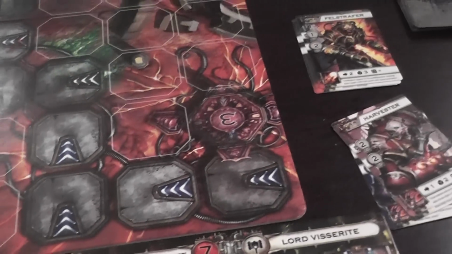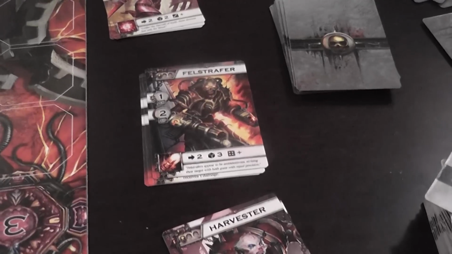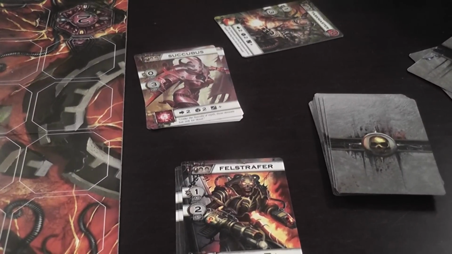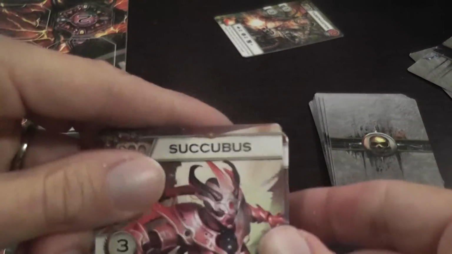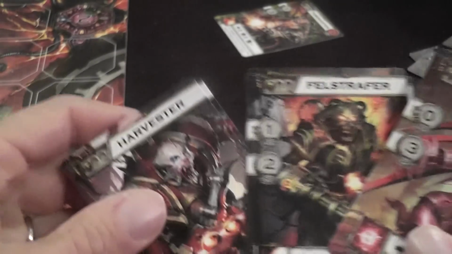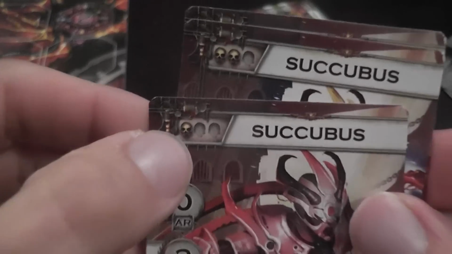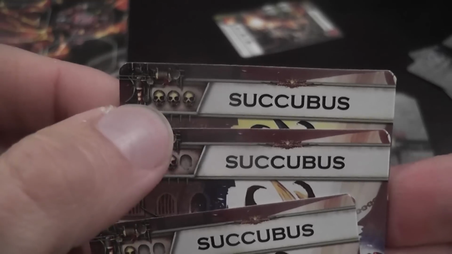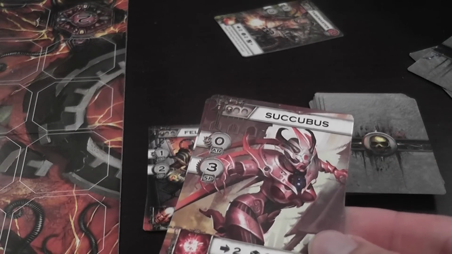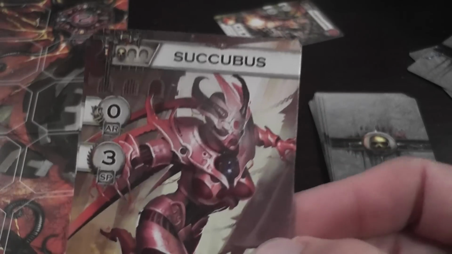As for the monsters, you have 3 types of monster in each game. These are the 3 types that come in the standard game, and then you have expansions that you can add to have more monsters. Here, for example, we have the succubus, the felstruffer, and the harvester. Each monster comes with 3 versions, one for tier 1, one for tier 2, and one for tier 3. So basically it's always the same miniature,